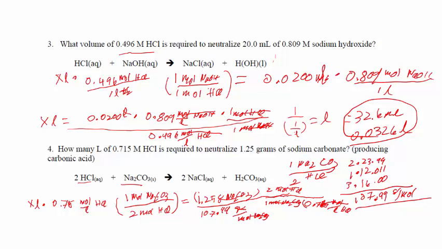So what we're left with is 1 over liters HCl, which is equal to liters of HCl. And we've crossed that out and crossed this out as well. So we have X liters equals